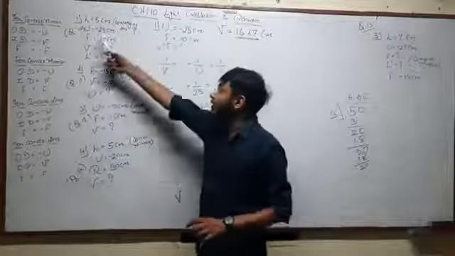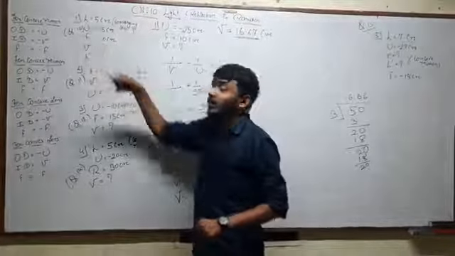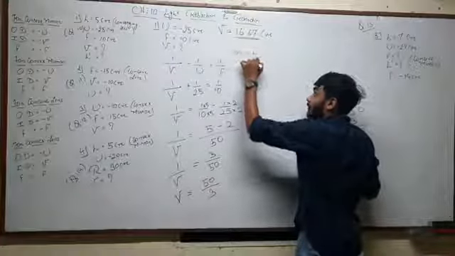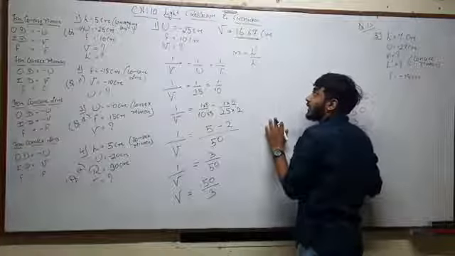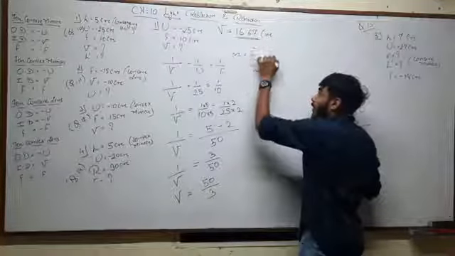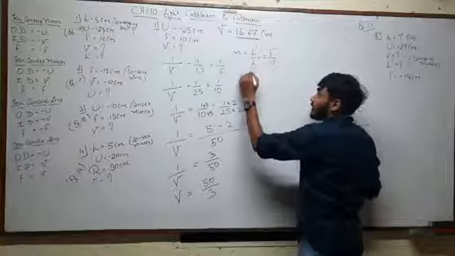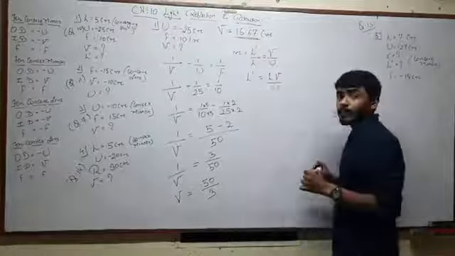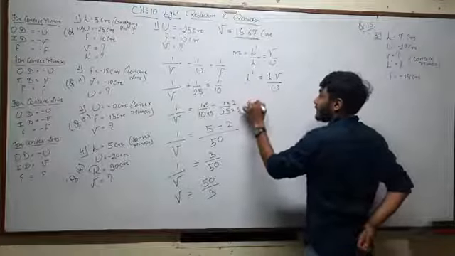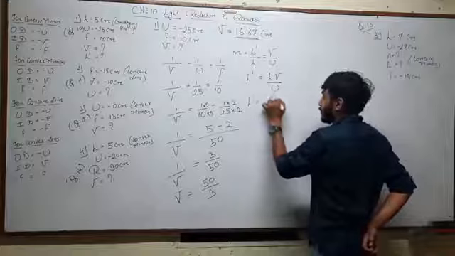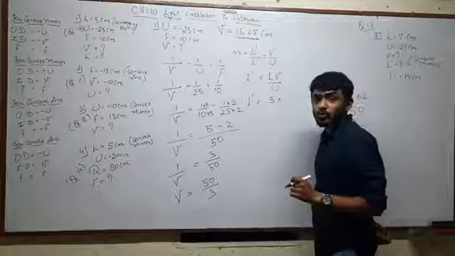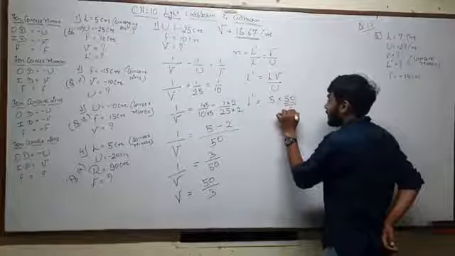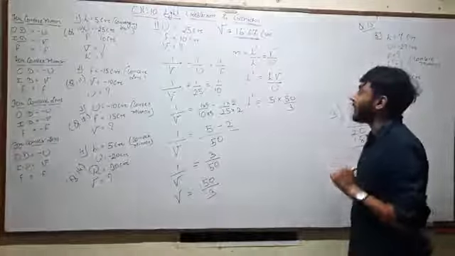We need to find the magnification, that is h prime. And we have been given the height h is equal to 5 cm. So we can write m is equal to h prime upon h. We also have a formula that is v upon u. So if we want to find h prime, it becomes h times v upon u. Now what is h prime? H is 5. What is v? 16.67 students, but instead of 16.67, I can write 50 divided by 3, so it can be easy for you to calculate it.